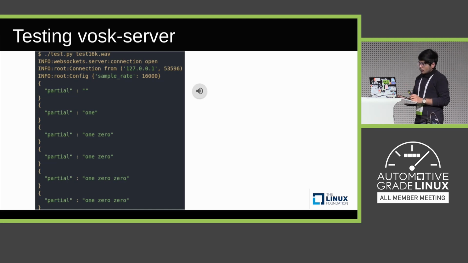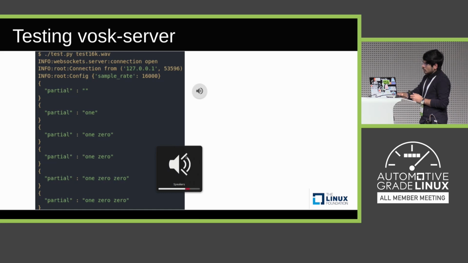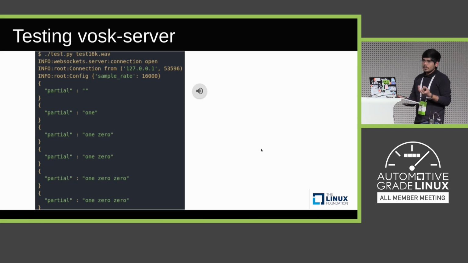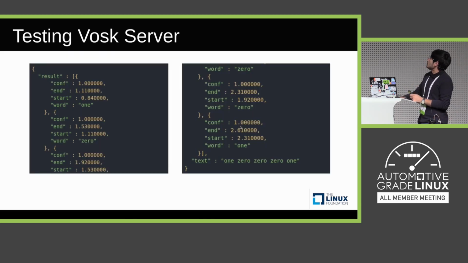This is the audio that was there. If I can play. Anyway, the person is saying the same words as we can see. And this is all the important parameters that it displays along with the partial outputs. So the scores, the start and end timestamp, the actual word, and then the final text, which combines all these words together.